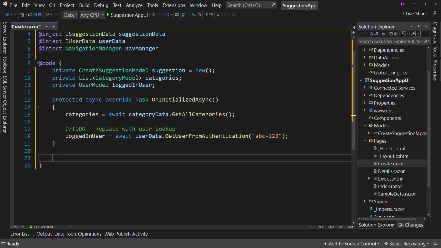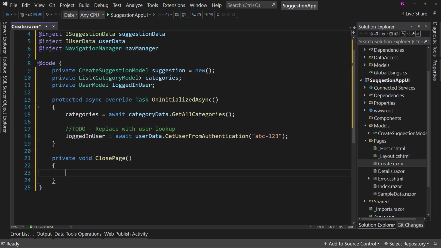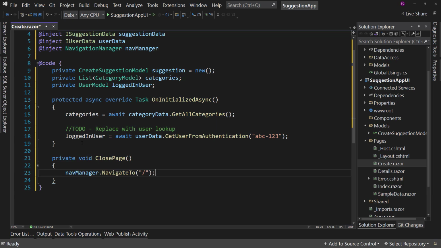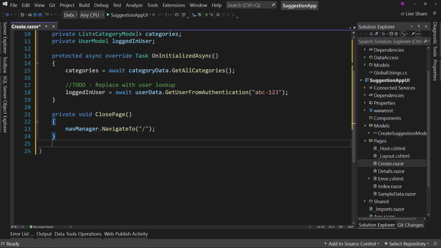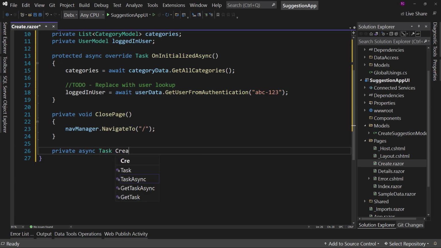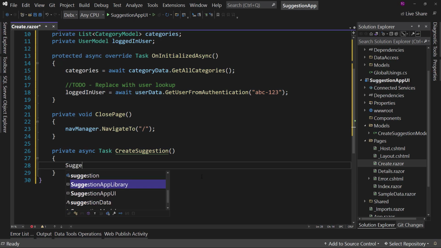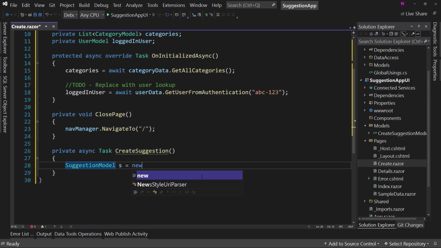We can create a new method called private void close page. And if you remember the code from the other page, it's the same thing. Nav manager dot navigate to, just that /, and that's all we do. And then we'll have the more substantial method, and that is the private async task create. And we should say create suggestion because the page is called create, therefore we can't have create as a method as well. So suggestion model s equals new,